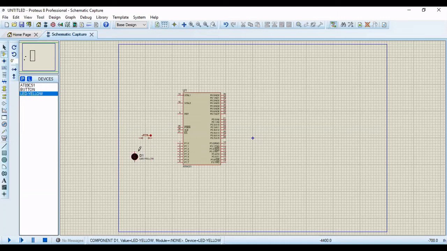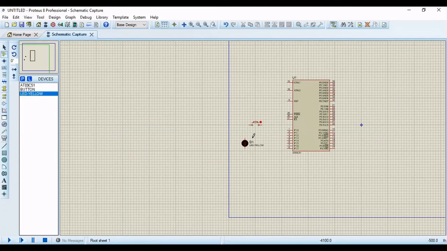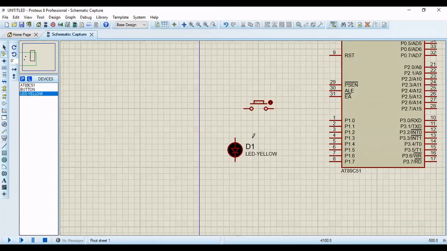Now I need to do the connections. To do the connections, we are not able to see the port pins, right? So we need to zoom out. How to zoom out? Scroll your cursor so that you'll be getting a zoomed out screen, right? So this is your zoomed out screen, where if you place your cursor, this is a cursor, right? Cursor point at your switch point, you get a red dot, right? Connect that to the port pin